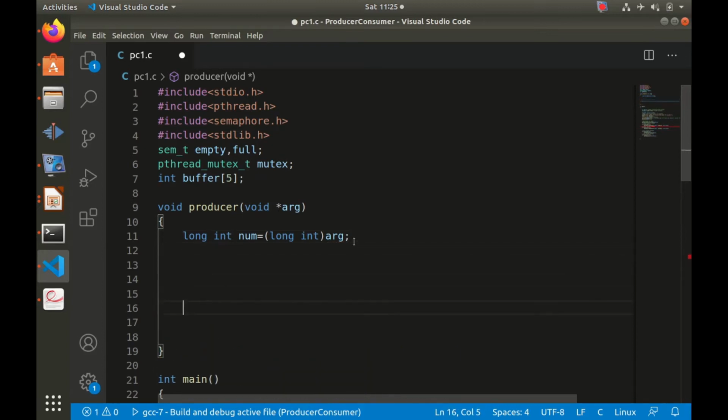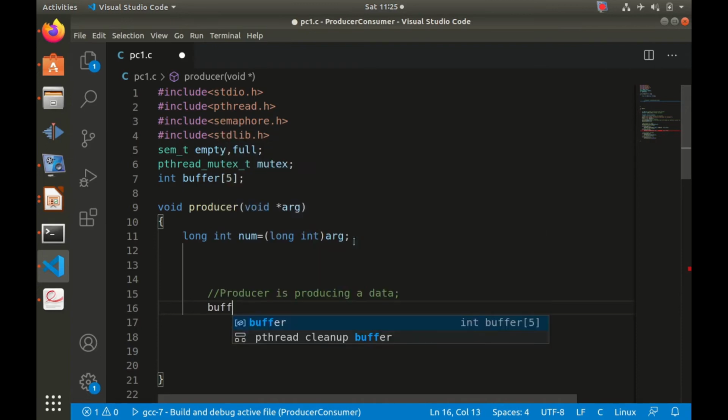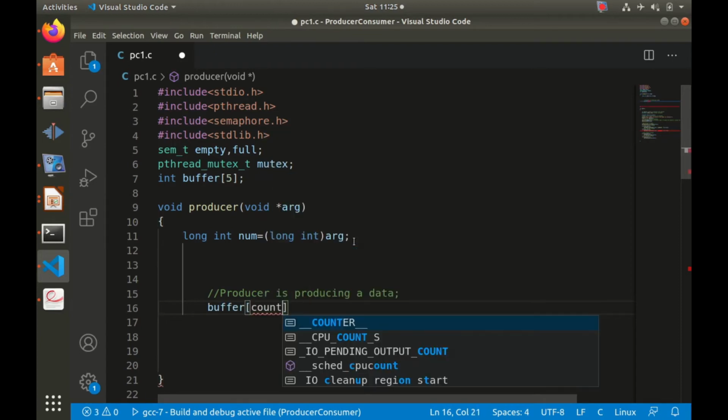Now here we will write the code for the producer. So let us understand, producer is producing data. Producer is producing data, meaning he is creating some random data. So let us assign this into some variable, buffer of, okay, so here we will have to use one index.